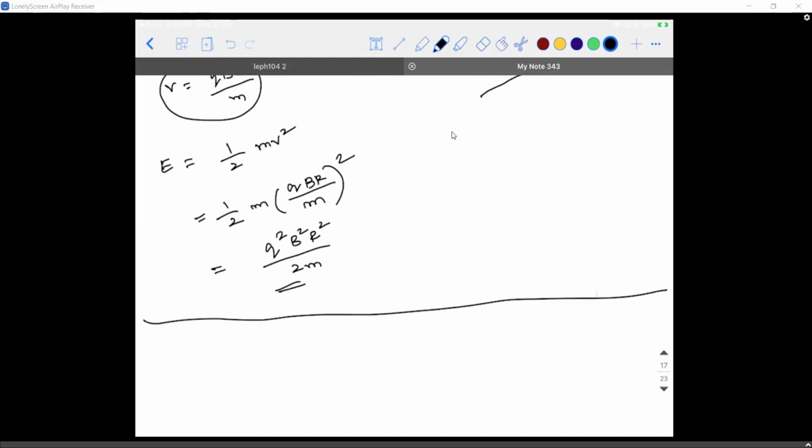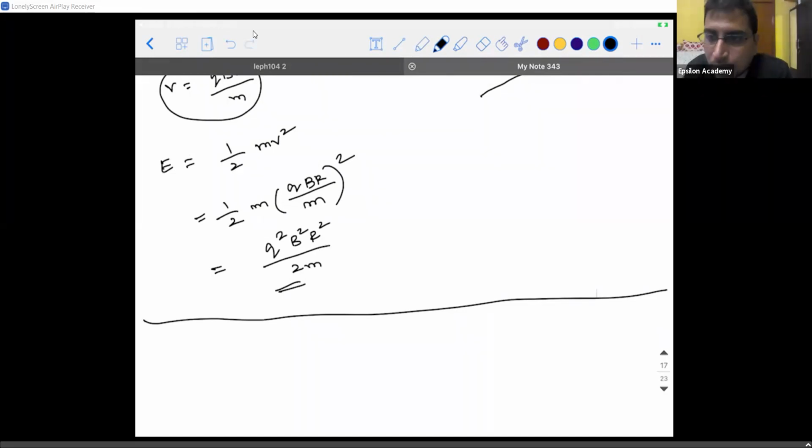So I'm going to stop today with this. Next class we will discuss what will happen when a current carrying conductor is placed in a magnetic field, which is a concept which you would have learned in your lower grades. Anyways, we will see what will happen when a current carrying conductor is placed in an external magnetic field in tomorrow's class. Okay. So revise all these concepts and come before tomorrow's class.